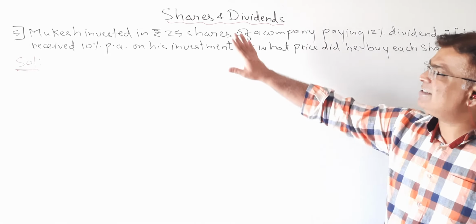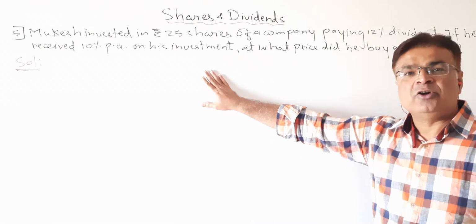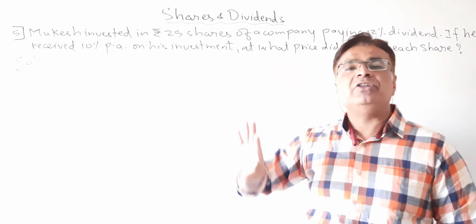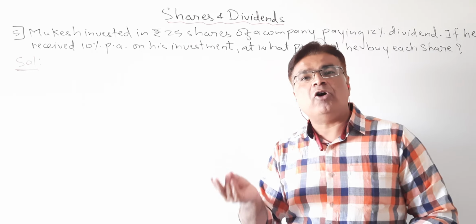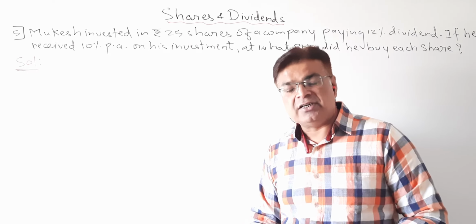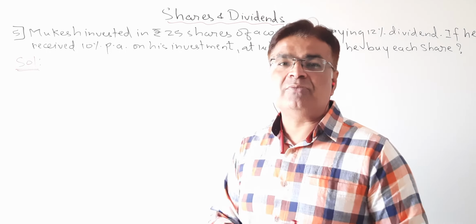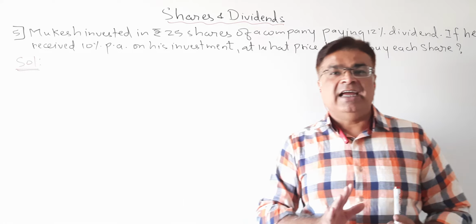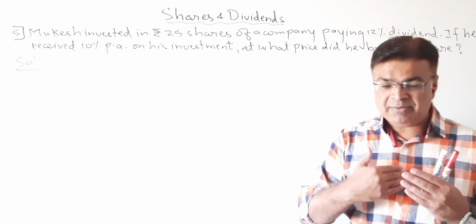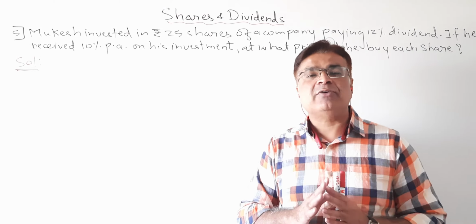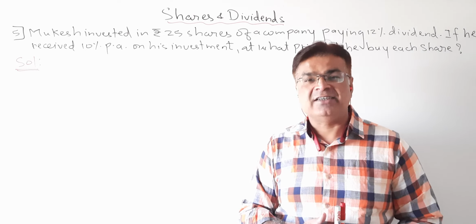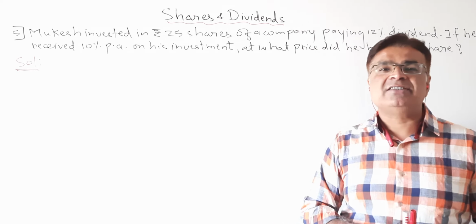So this was an easy sum, so that's why I am not solving. Okay, just wanted to tell you that any method you can do in this sum, unitary method or this algebraic method, assumption. Okay, you can assume let the selling price of one share be rupees x. And students, I know very well, by the time I am discussing all these things, you must have already solved this sum and you must have got answer as 30. Yes, the correct answer of the sum is 30.